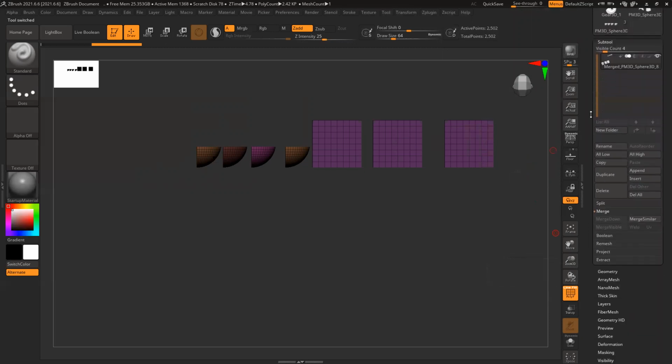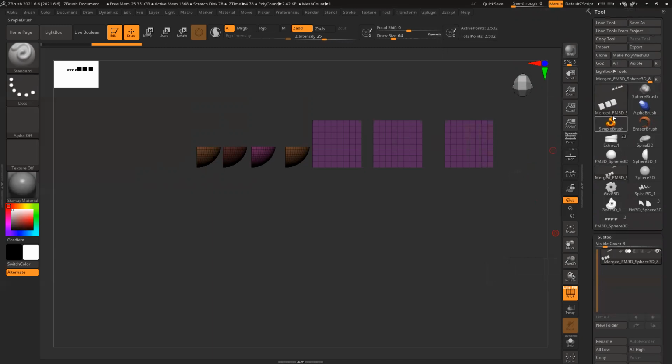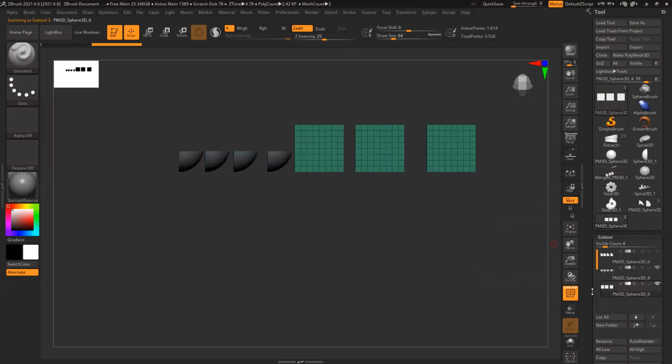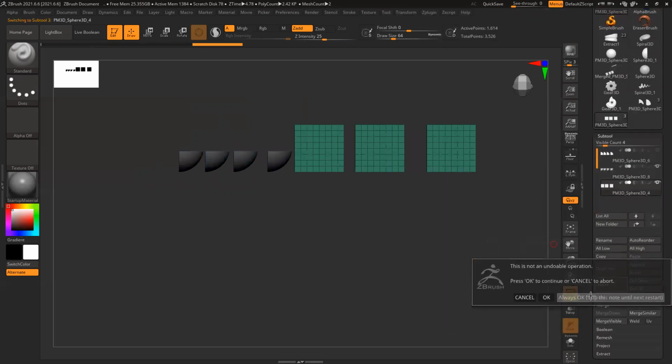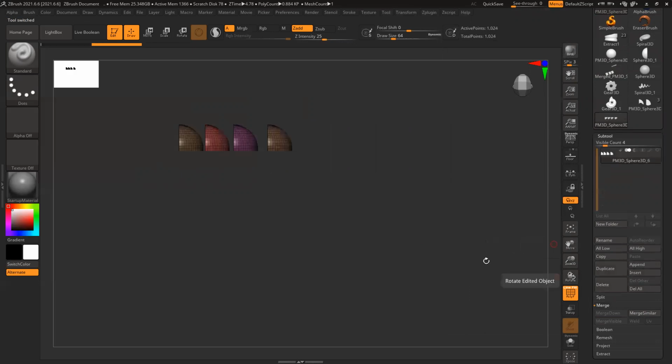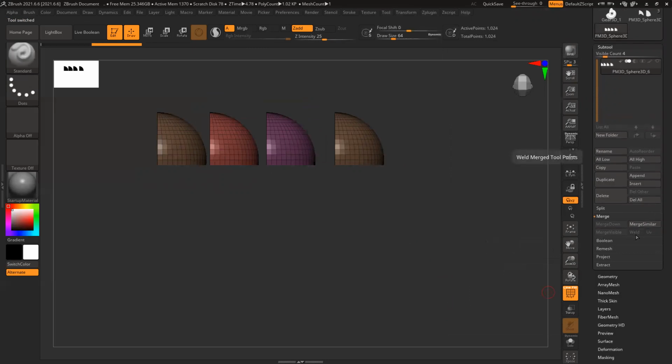Now after that, let's see. Let's delete this one, and delete. So now I have these models, and you can see there is something called weld and UV.